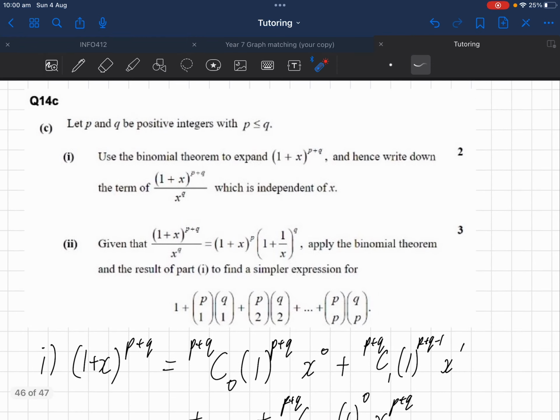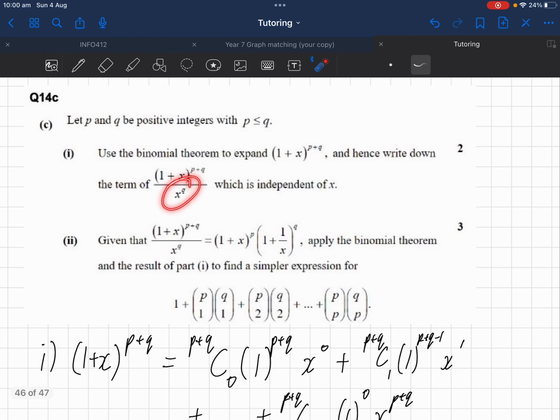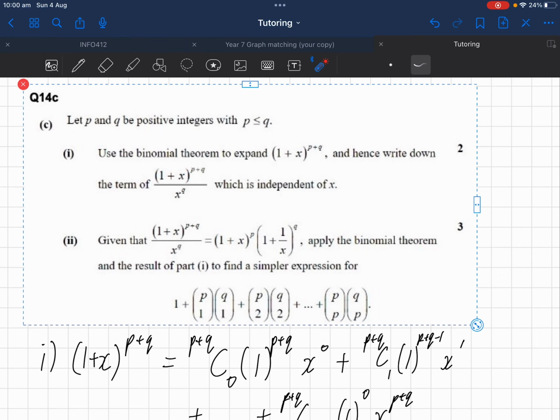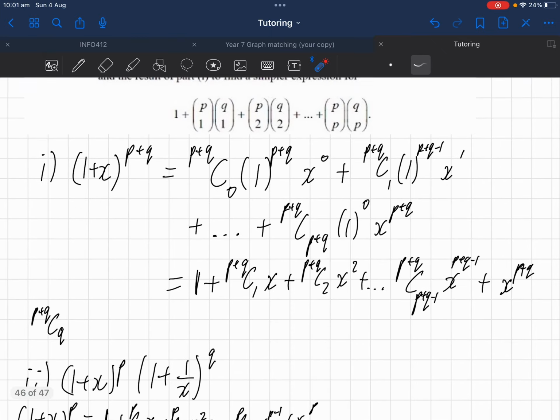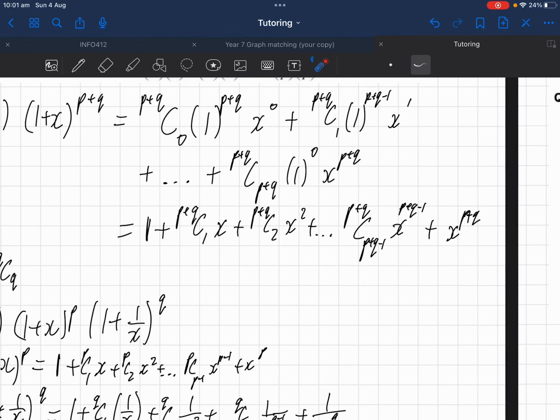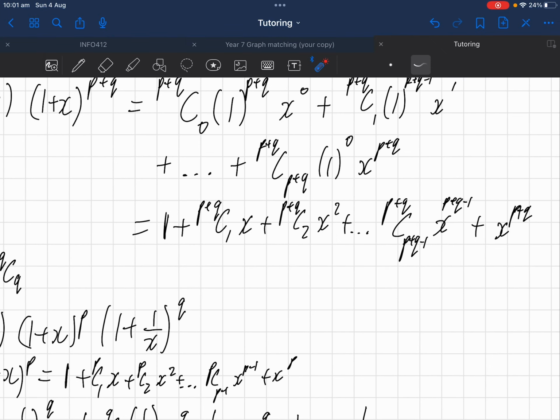So we've done this expansion. That thing is the same as this thing on here. We've expanded that bit. But then we've got to deal with this x to the q on the bottom. We're going to figure out which term in this thing is going to be independent of x. Independent of x means just find the constant term, the one where there's no x in it. So this thing that we just expanded is going to be over x